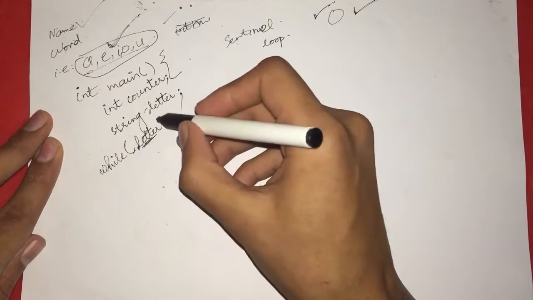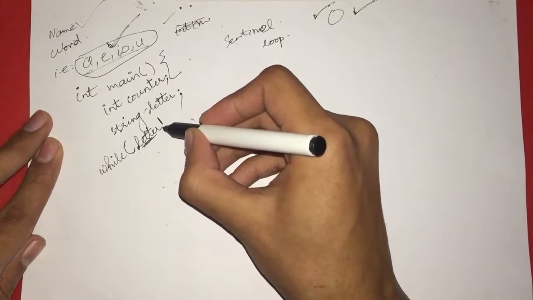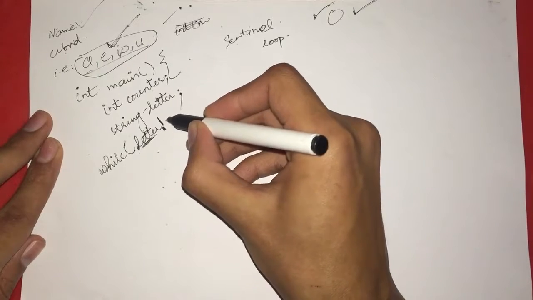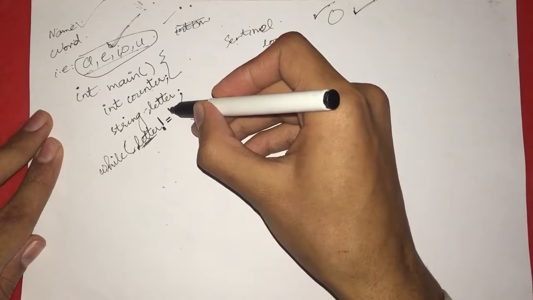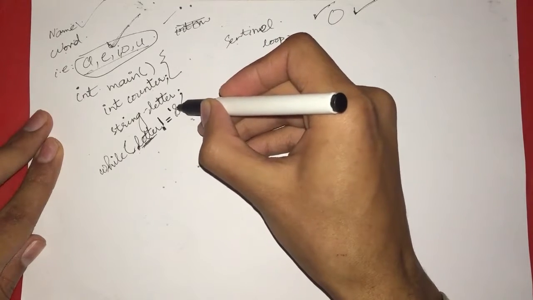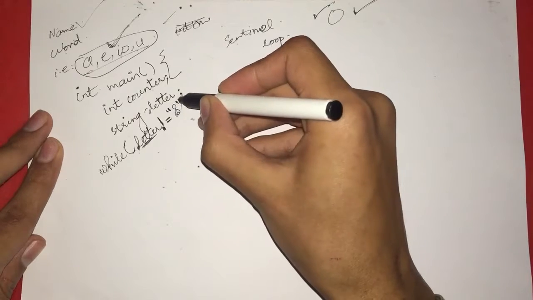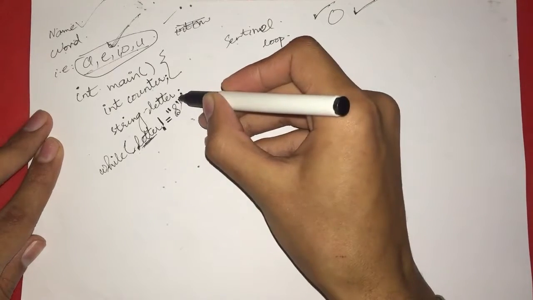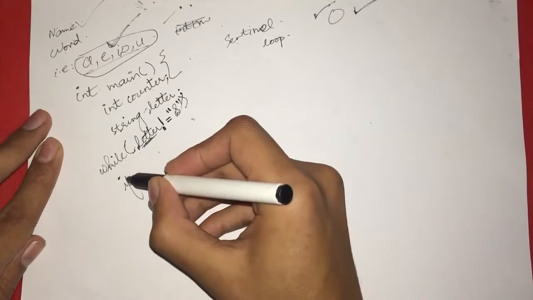So we have while letter is not equal to, for example, I say ampersand. So this is ampersand, letter is not equal to ampersand, and here I use the if condition,